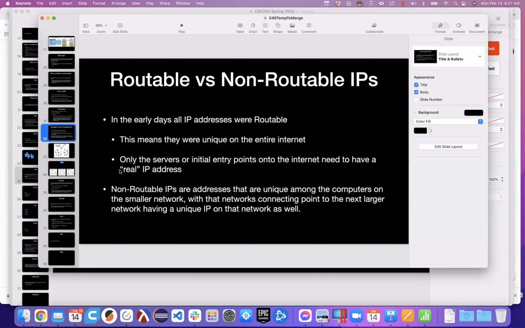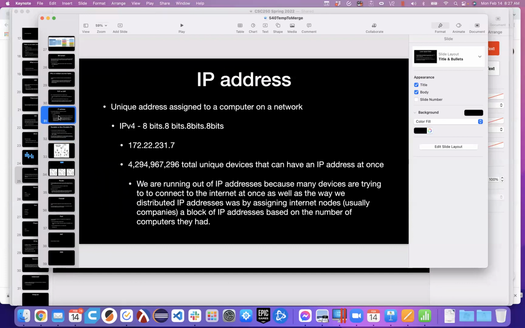But our modern day networks are almost all IPv4. So that is 8 bits, 8 bits, 8 bits, 8 bits. IPv6 expands the number of unique IP addresses because the idea is we're running out of IP addresses. There are more than 4.3 billion computers either actively on the internet or, and this is maybe the bigger problem, it's how the IP addresses were handed out in the earlier days, is